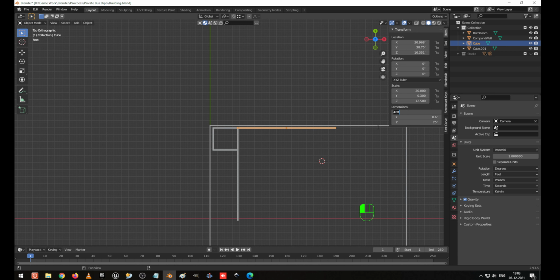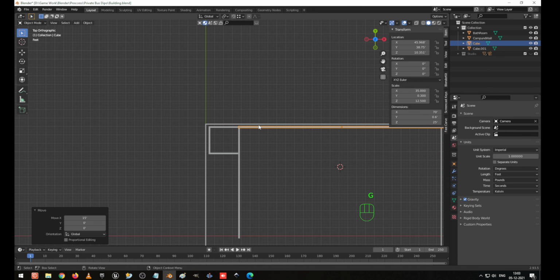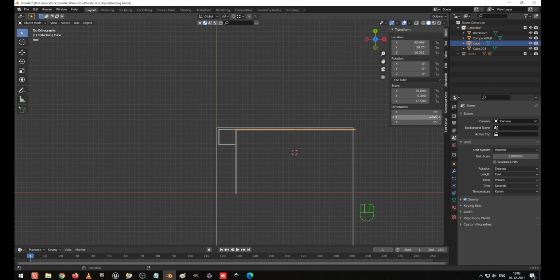So 80 by 80 we have given, so I make it 70, and G X to move. Okay, sorry, it has crossed. May make it 60 feet or 65. Okay, 65 is good.